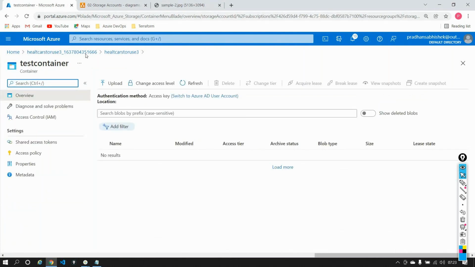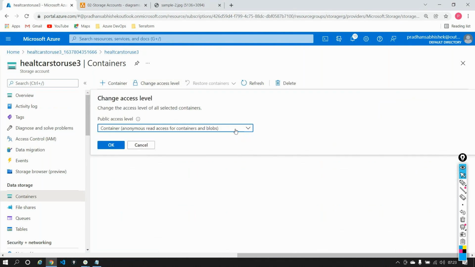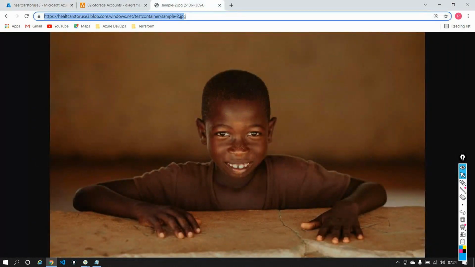For example, if I come down here, a container and blob access level will allow you to read and download the data over the internet as an anonymous user, meaning the user just needs to have this particular link. That's it.